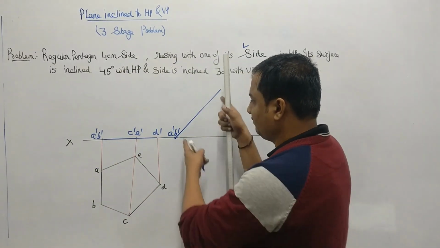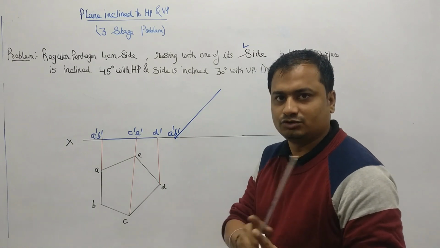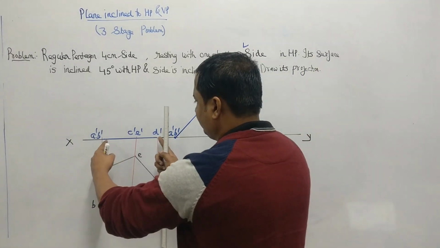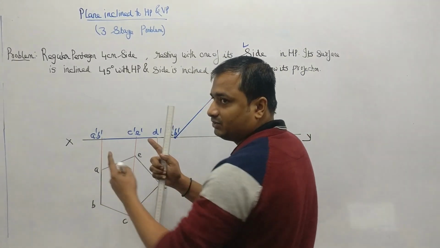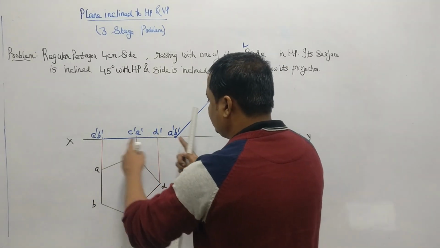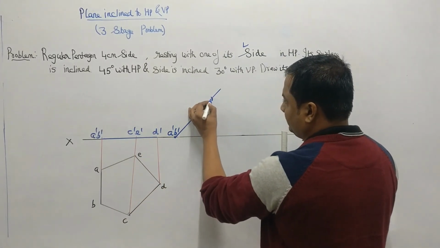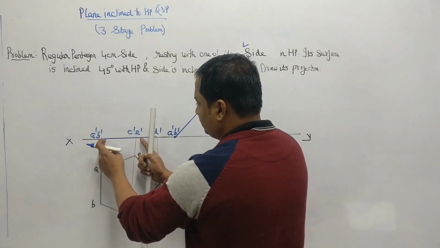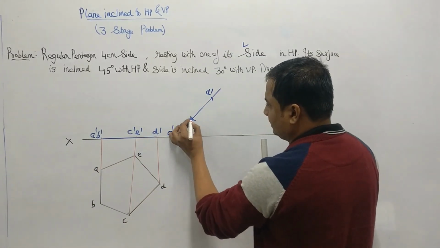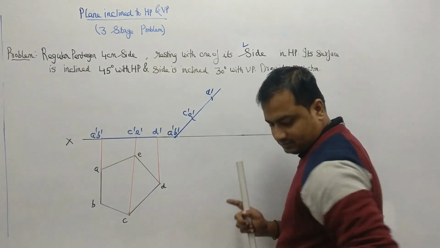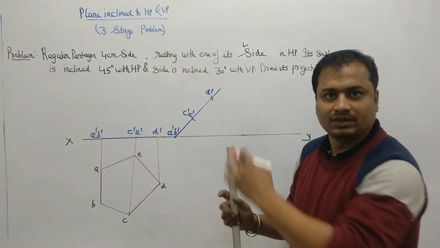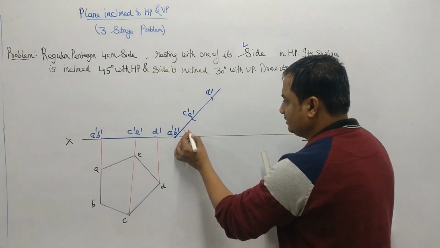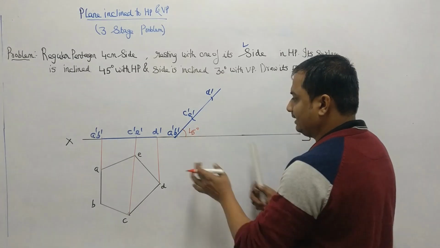Okay, so now the surface length is not going to change. This is also one concept. So we will be measuring the surface length from here by means of compass. You can take compass, measure here and put here, you can cut it. So this is my D dash. Again obtain this point also from here. So measure this length and again cut it. So this is E dash. Okay. So this is the surface inclination of 45 degree. This is 45 degree inclined with the HP.